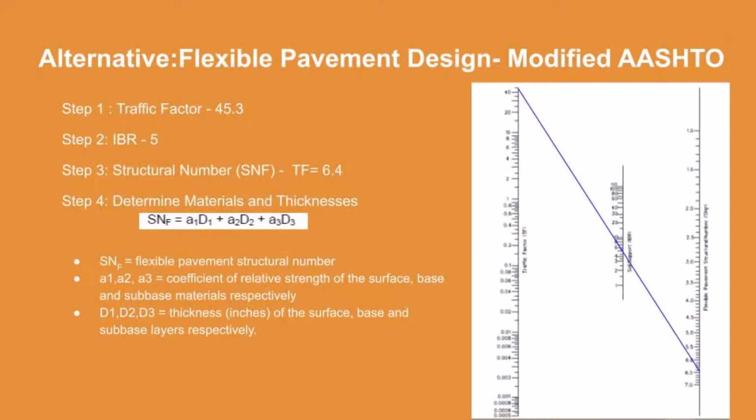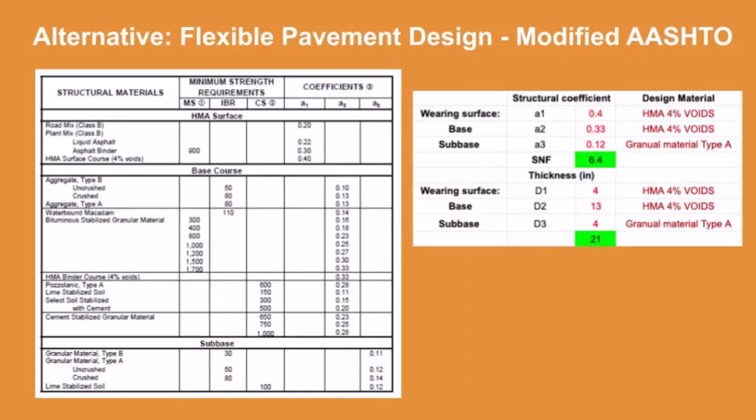From this graph, knowing the traffic factor and IBR, we got a structural number of 6.4, which represents the strength required for pavement in order to perform well with the predicted traffic. The structural number is a sum of the coefficients of the relative strengths of the surface, base, and subbase materials multiplied by their depths. Our structural number was very high, which is why we were limited on what materials to